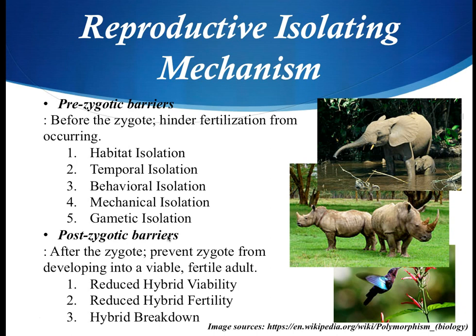So, a quick example, let's say for habitat isolation, can be in India, where lions and tigers live in the same area, but those two animals have different environments. Lions live, let's say, in a forest, but tigers prefer living in an area close to the riverside. So those two live in the same area but in two different environments. So they never had any hybrid offspring forming. That's a pretty good example of habitat isolation.